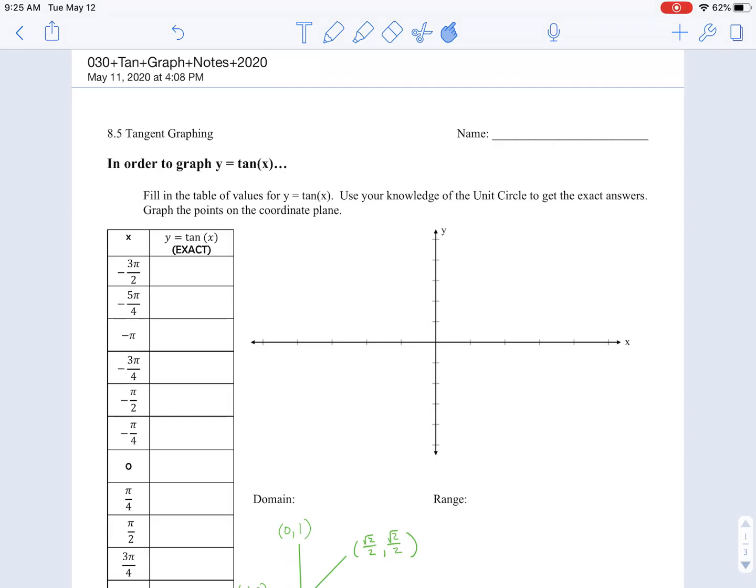We are starting section 8.5, which is now going to cover our third trig function, tangent, and we're going to learn how to graph our tangent function. This is our last section of notes for the year and our last new bit of learning material, so I hope you are excited. We are going to learn what the tangent parent graph looks like, just like we did